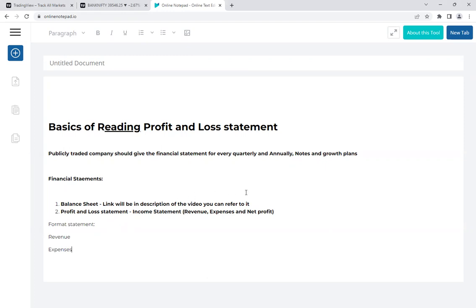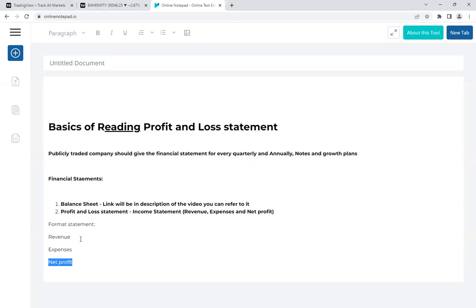For example, if the income statement is quarterly, then the details of this revenue, expenses and profit will be for a 3 months duration. And if it is an annual report, then this same revenue, expenses and net profit will be about the complete year's performance. And then the net profit. So this is the format. First they mention the revenue, next the expenses, and finally the net profit